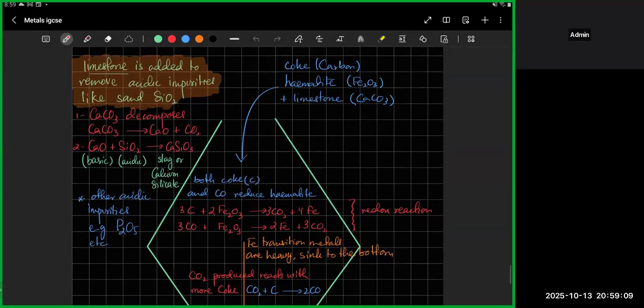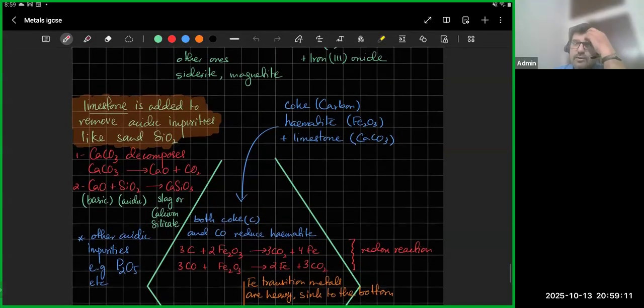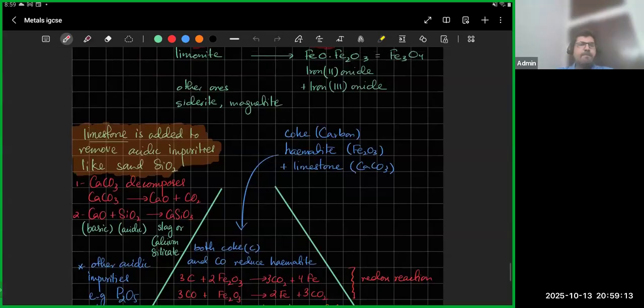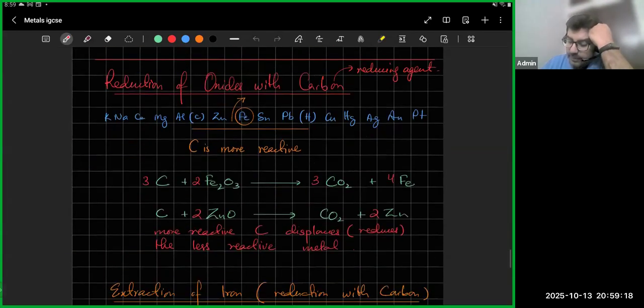चलो यहाँ से, अच्छा, we just left with one, we left with two extractions of metals, ठीक है, so we're gonna try and do both of them, लेकिन quick recap के